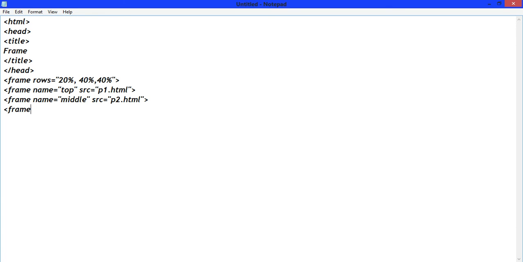Again write frame name equals to bottom, and src equals to p3.html. Now close the frameset tag, close the html tag, save it.